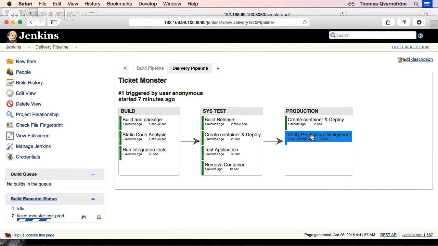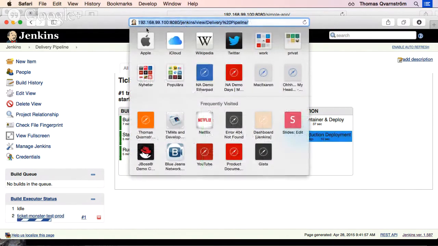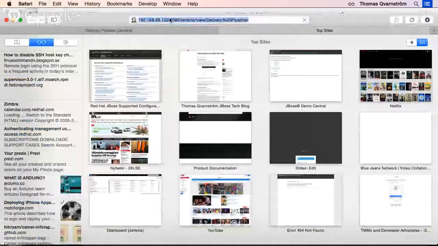So now we're verifying in production, so that's also going to sleep for a while. And we can see that. Meanwhile, we can look at, let's do this and take a new one. And we can take,